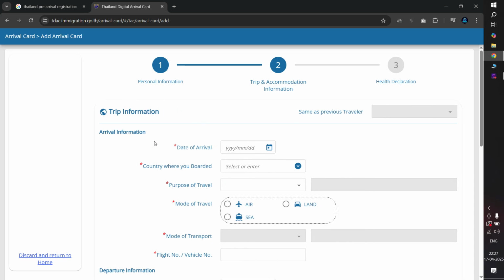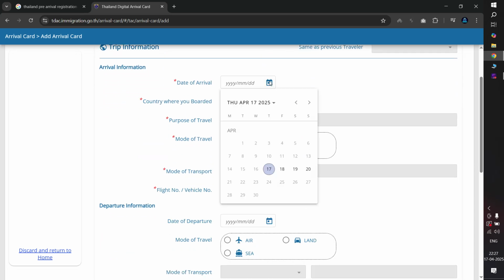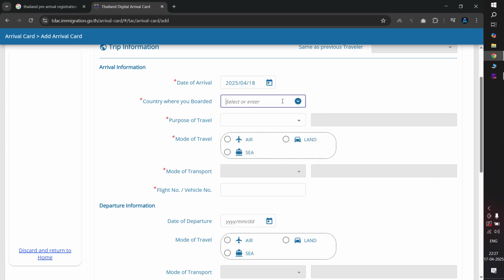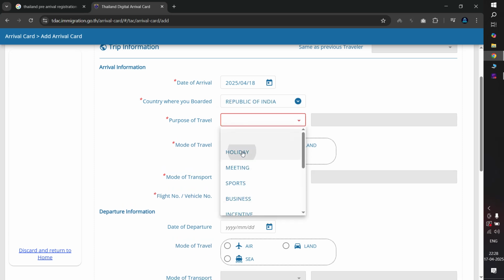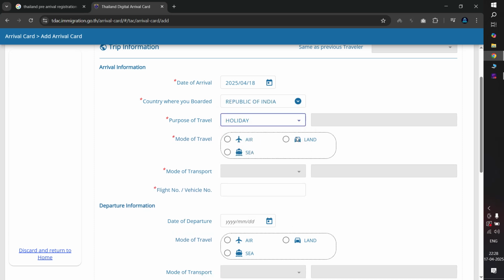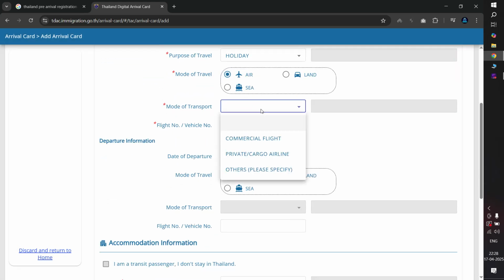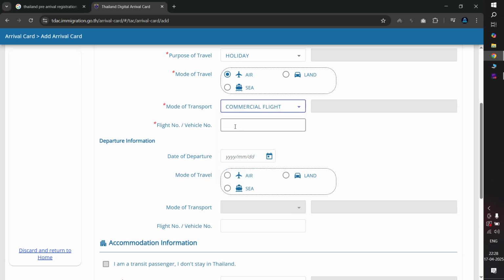Then you have to fill in your trip information, date of arrival. If you are leaving on the 17th but you land on the 18th, you have to fill in the 18th. Where you boarded, you can fill in the city, like if I'm flying from India, I will fill in India here. Purpose of travel, according to you. Mode of travel: air, land, or sea. Mode of transport, commercial flight, flight number,